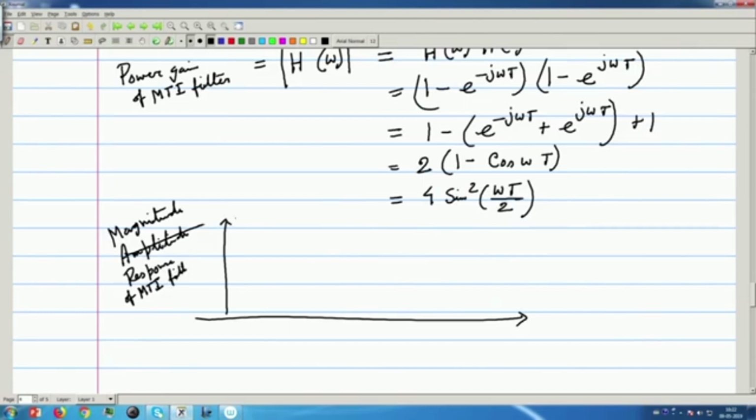So, you know the maximum value can be 1, and this side is, let me take it, f by fr. So, at 0 it is this, at 1, at 2, at 3, etc. So, I know this is a sine square graph. So, if I plot it,